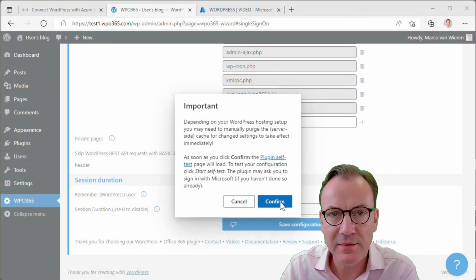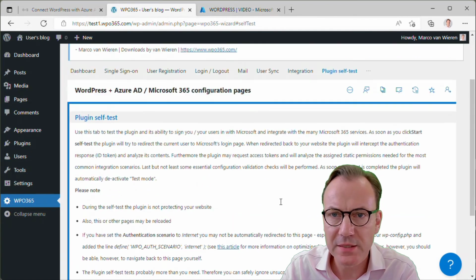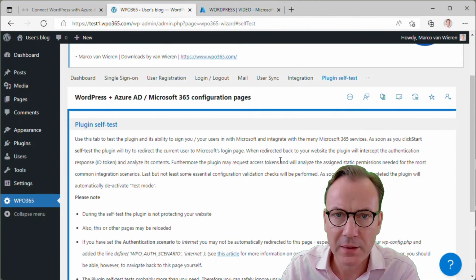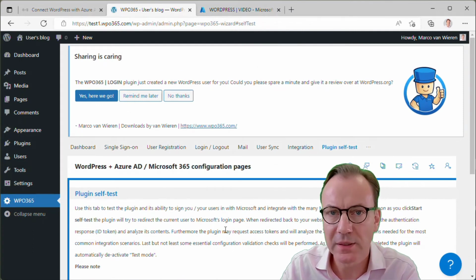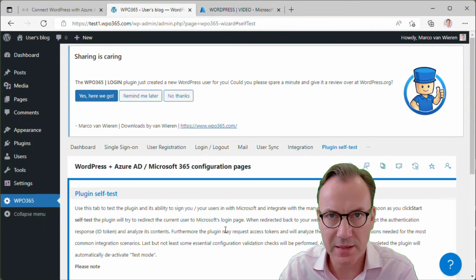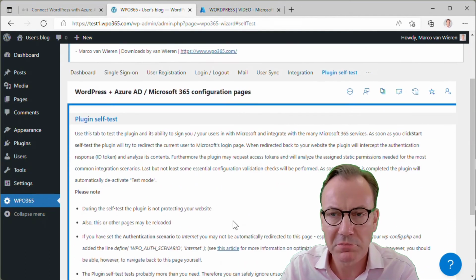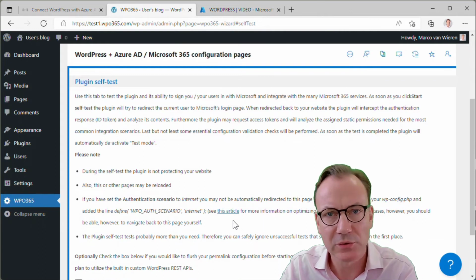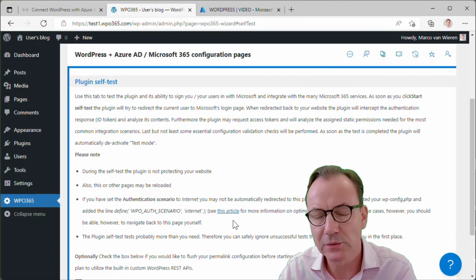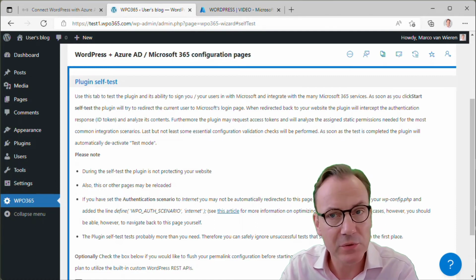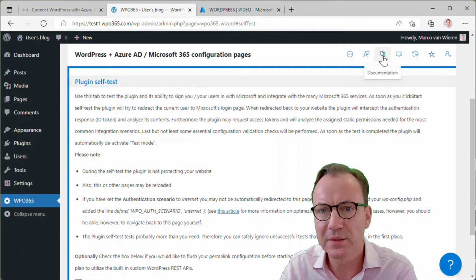As soon as I hit confirm, I am taken automatically to the plugin's self-test. I can also see that the initial banner is gone. So the plugin recognized that there is a minimal configuration available, and there is no more help shown on how you can continue and configure the plugin. However, if you do need to return to the documentation repository, I recommend that you have a look at